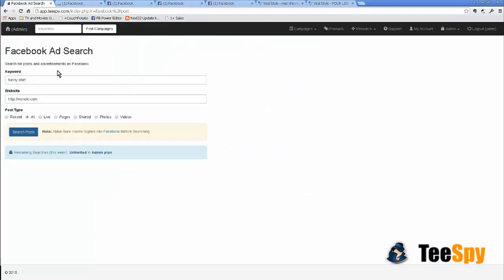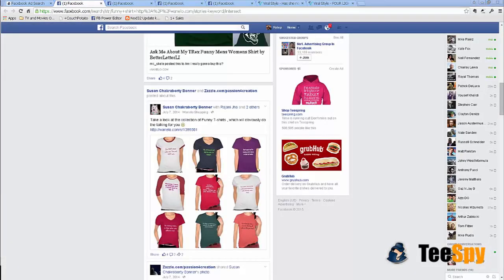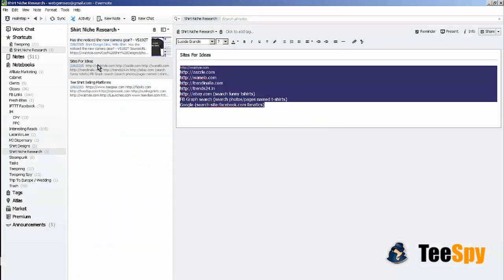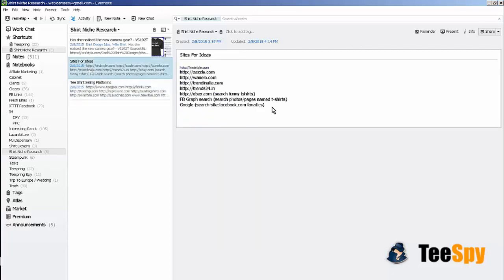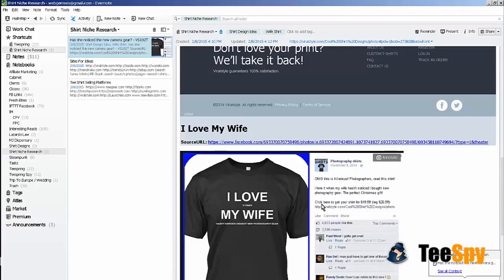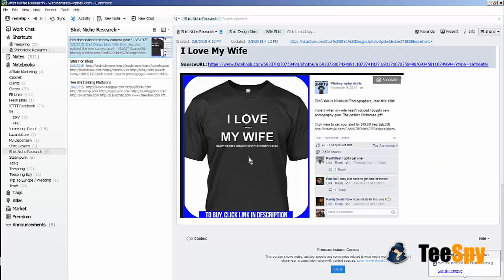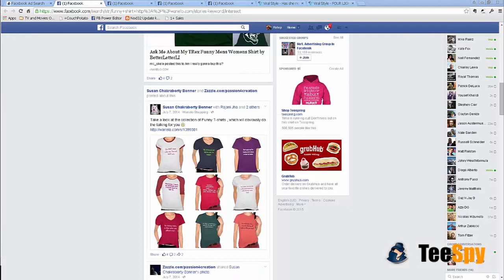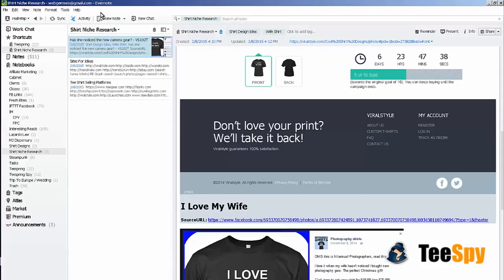I'm not promoting my tool here, but I love my tool, and it works very quickly. And I love Evernote. So like I said, just get your list together here: t-shirt selling platforms, sites with ideas. Just start going through and making your ideas. And the beauty of this is you can do research for 4 hours in one day and have ideas ready for the next 15 days and just start busting out campaigns, because that's what it's all about. It's really about getting everything organized and staying organized, because in this business, online marketing, making t-shirts,